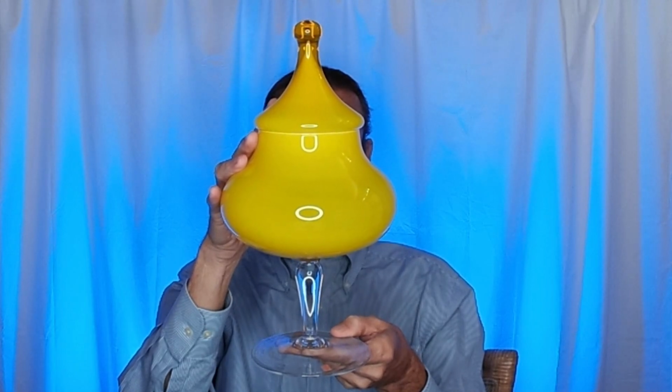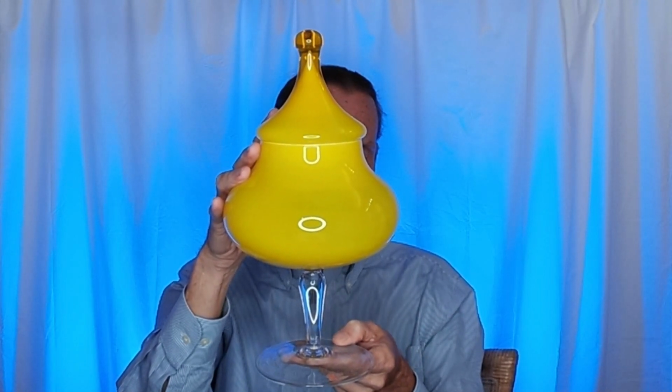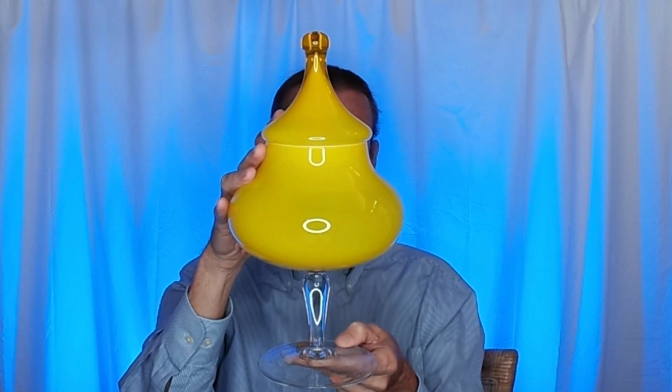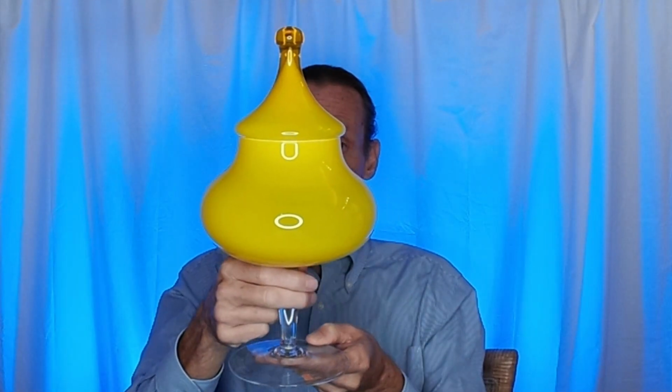Only about half a dozen of the Empoli makers did this Latimo with the casing. Stevia did it, Fratelli Betty did it, Cristalliera Arno did it. It may be one of theirs. I don't really know, and I don't have catalogs or research available to me to tell you which one this might possibly be. But I do know this, and that is that because they were very inexpensive and thin compared